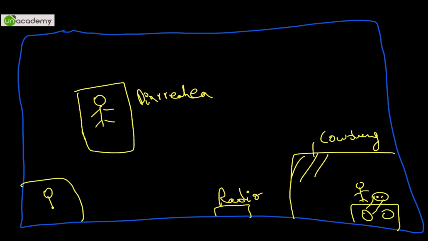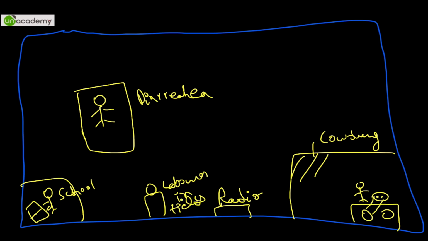is reading some books. So here is an open book and he is trying to read it because he has a test in school tomorrow. And here is a father who is sitting and who is tired because he was working as a laborer in the fields, because he could not go to school for many years. And finally the mother comes here and she takes the baby to the toilet. Is that understood? And outside the toilet is a light,